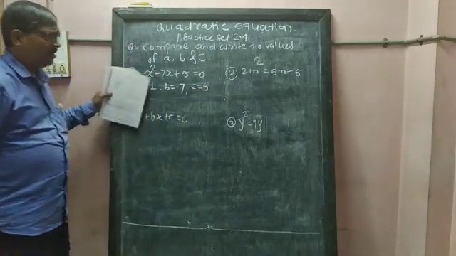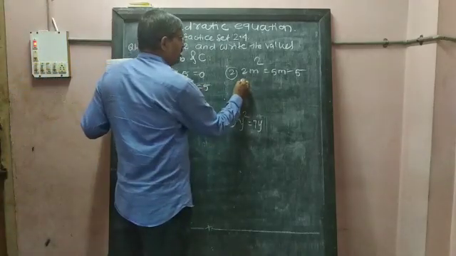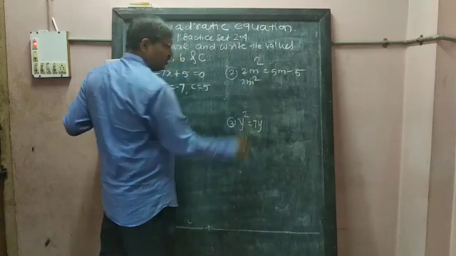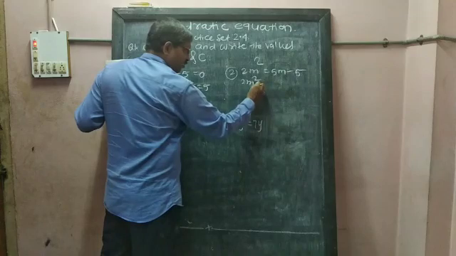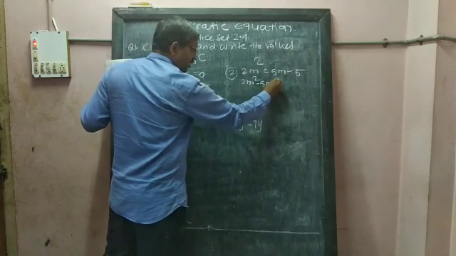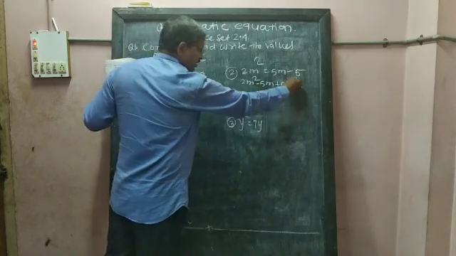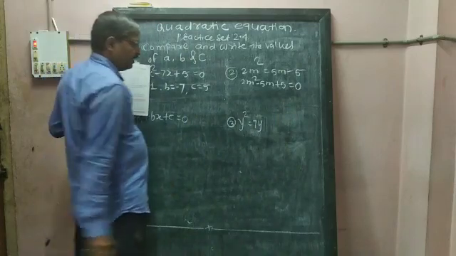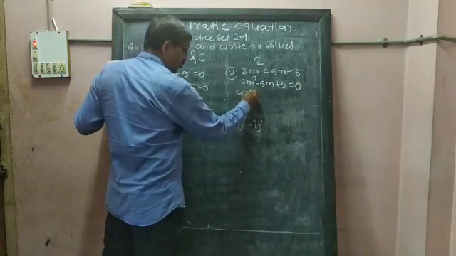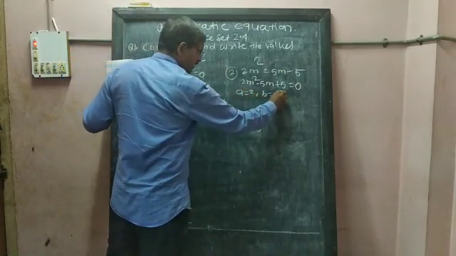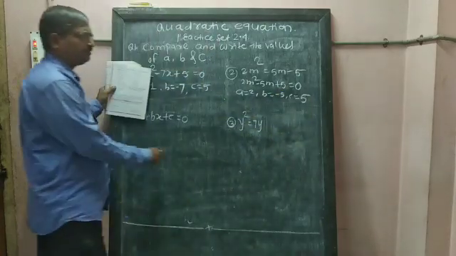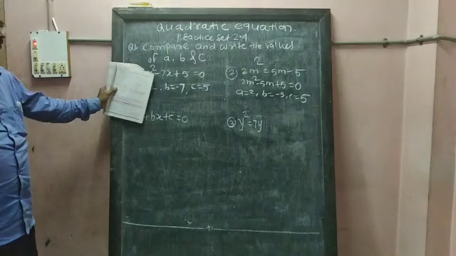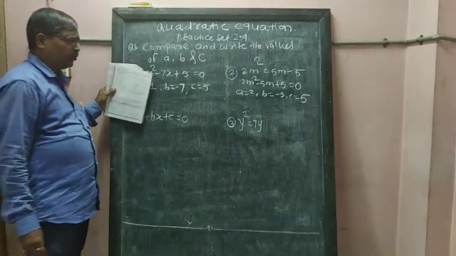Finish. Now in question number 2, we should first take this in standard form. So 2m square will come here, and the right hand side will come to the left hand side: minus 5m plus 5 is equal to 0. Now a is equal to 2, b is equal to minus 5 and c is equal to 5. That is the answer of question number 2.